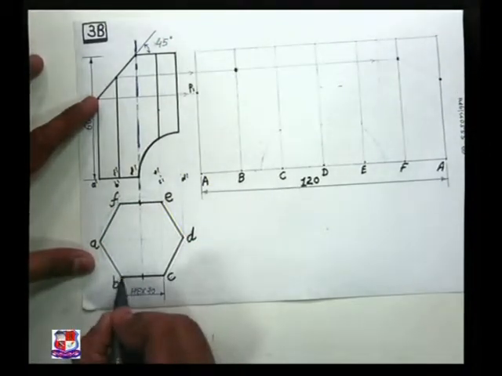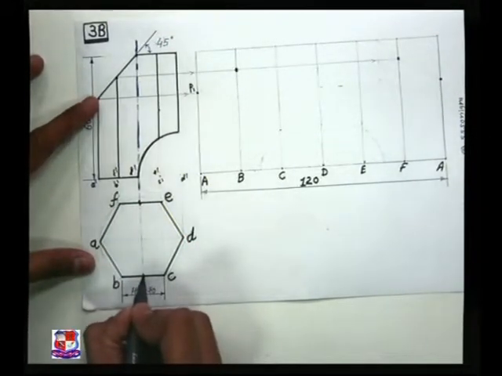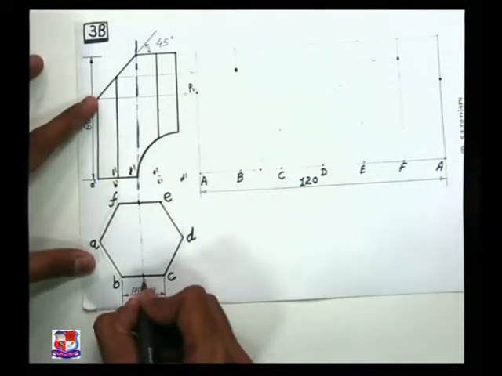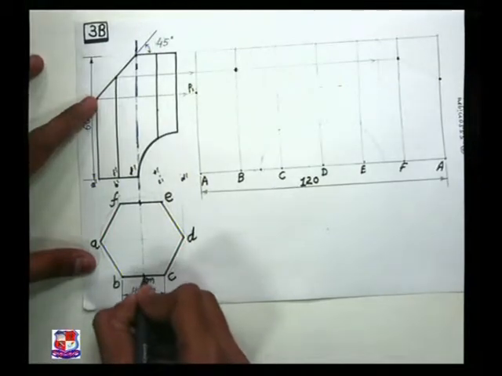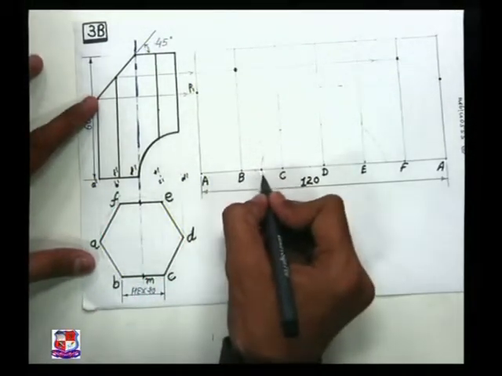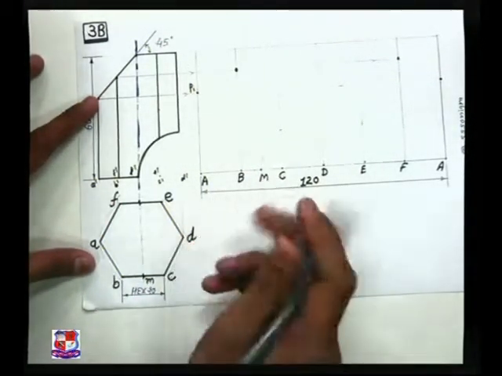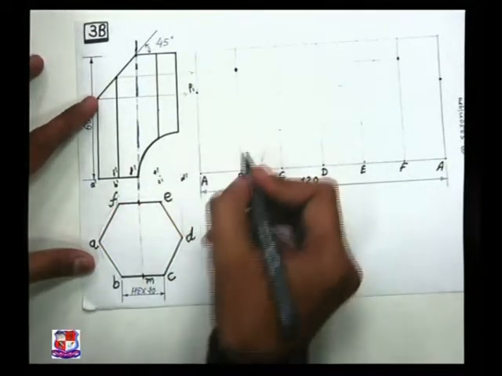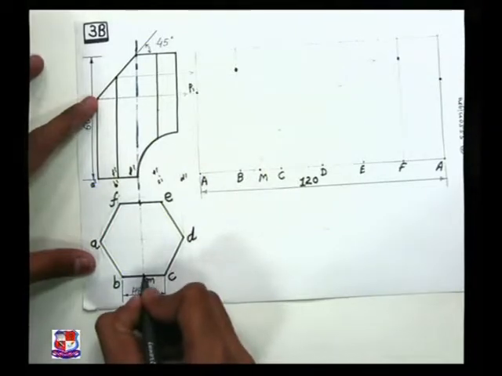Now the midpoint of BC is somewhere here. So mark here the midpoint of BC. It would be here. Name it as point M, somewhere here. So the midpoint of BC would be here, that is point M. So measure this distance, total is 20. So 10 on either side. So this point is located over this M point.